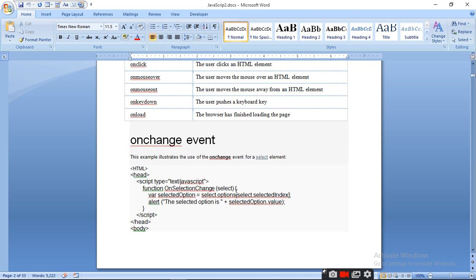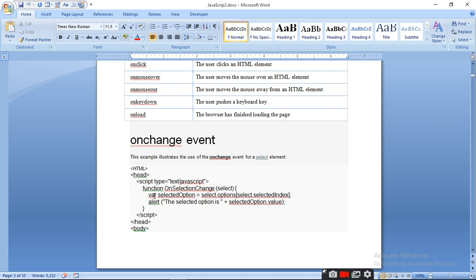Now there is an option and you have to select. So right here on selection change select: selectedOption equals selection.options[selection.selectedIndex]. The index will tell you in which position the information you have chosen from the options is. Alert the selected option is, selectedOption value, which we are getting from this variable.